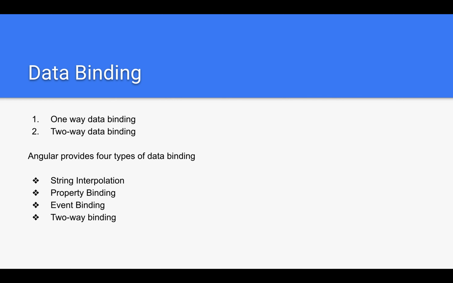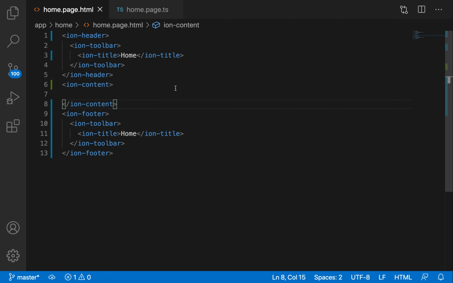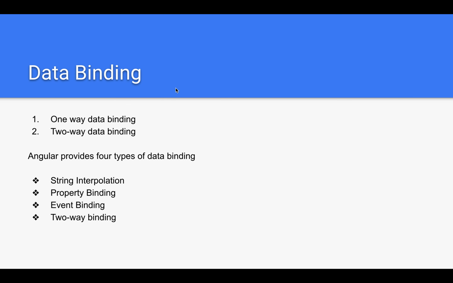For now, here we have declared some variables, and what I want to do is use these variables in the HTML page. Whenever I want to use these variables inside the HTML page, you have to use a concept in AngularJS called data binding. Data binding is used to define the communication between a component and the DOM. It is a technique to link your data, which is inside the variables, to your view. The view is nothing but your HTML page.